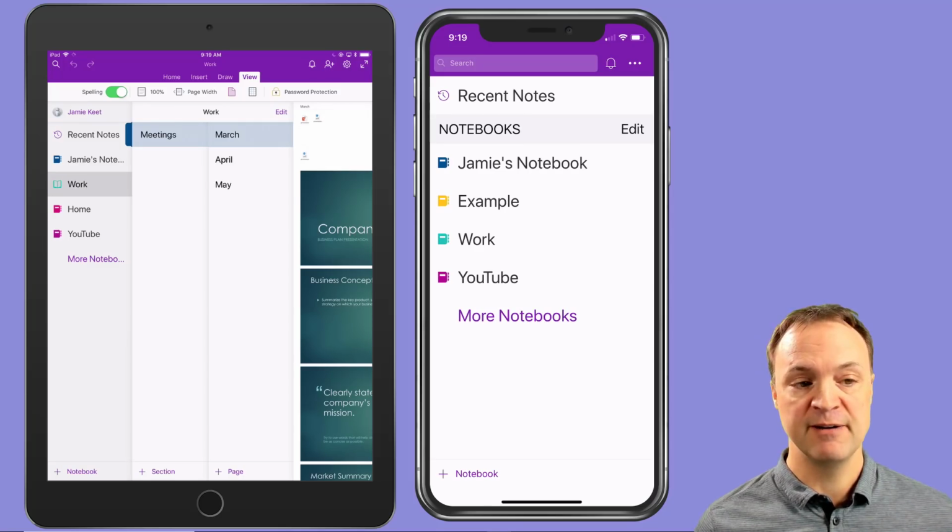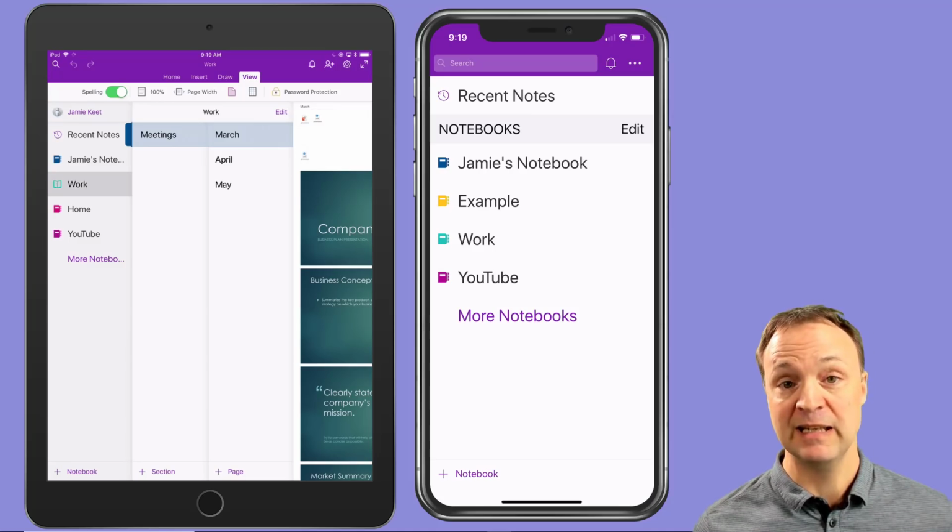But check out my video. I have a full video about OneNote on the iPad that goes through how to use it completely, and some great tips on how to take great notes, whether you're in meetings or maybe a student at school. Definitely this is what I think is the highlight of OneNote, is just how everything goes